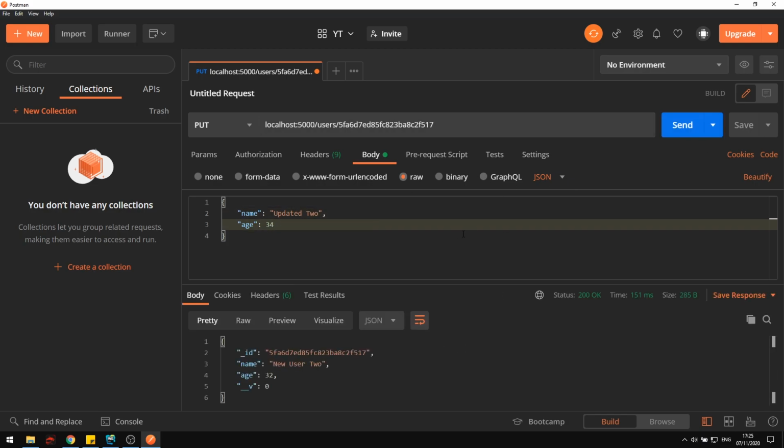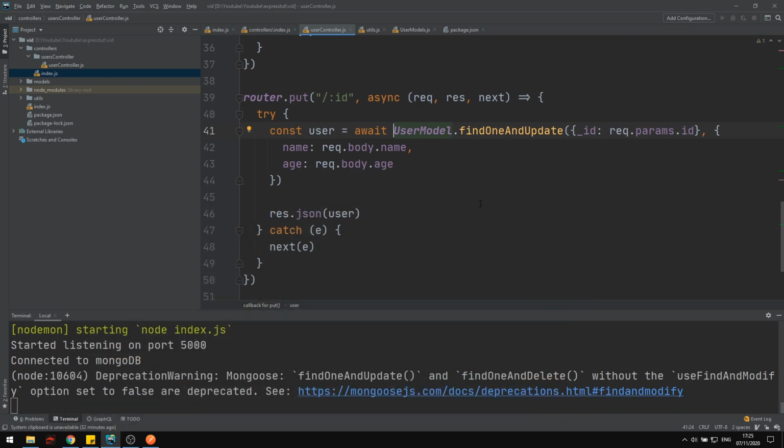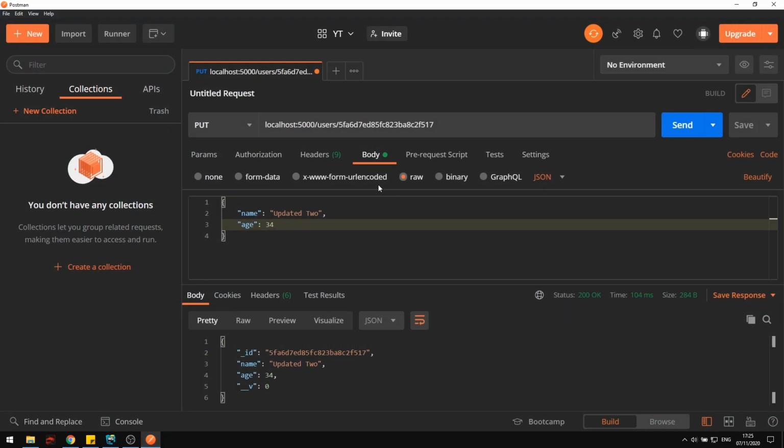So now if we try this again, you can see it's not showing the old one. So it's still showing new user 2 and 33. But if I send this again, now it's showing the new one. So the reason for this is quite simple. We have to add in some options here saying new is true. So if we do that, and then I say 3 and 5 here, then it will return to us the